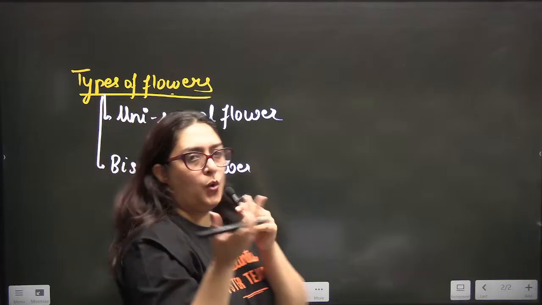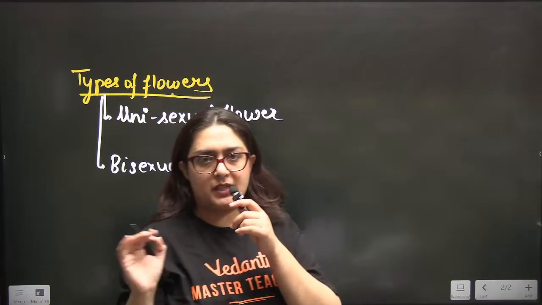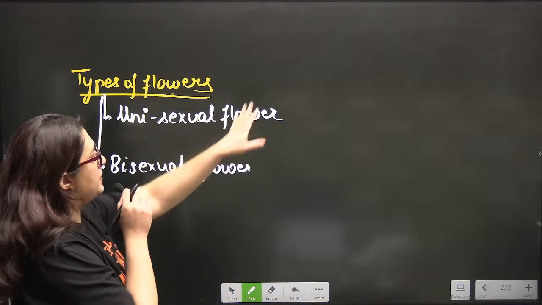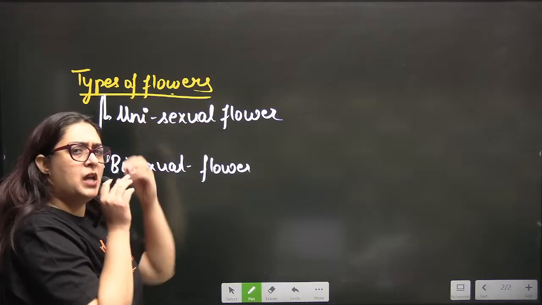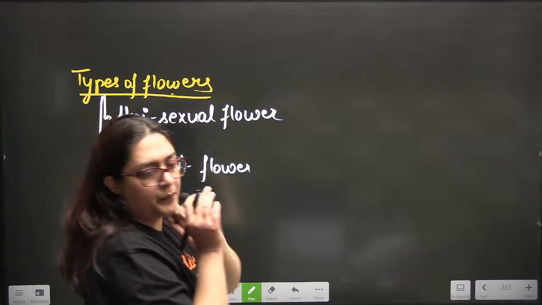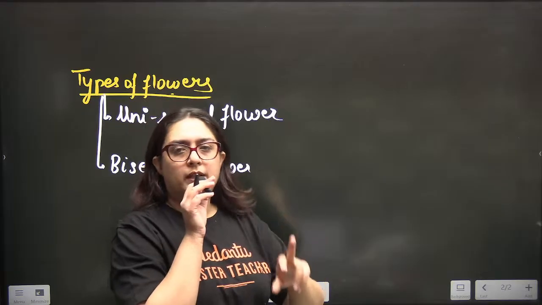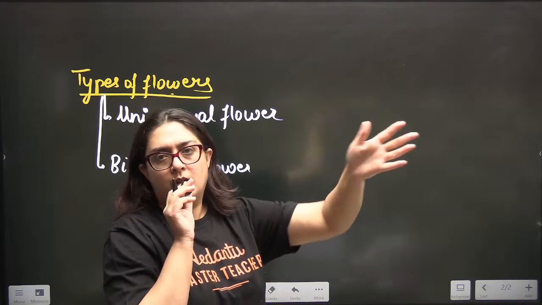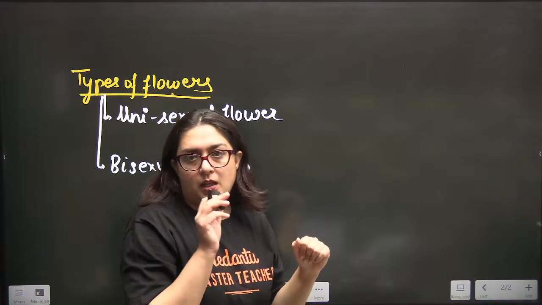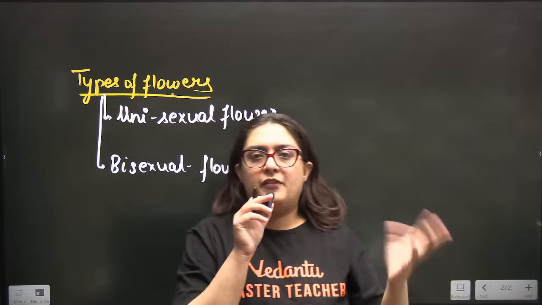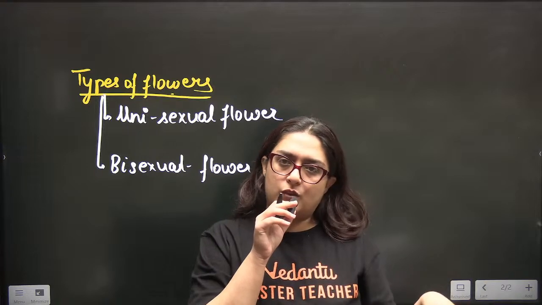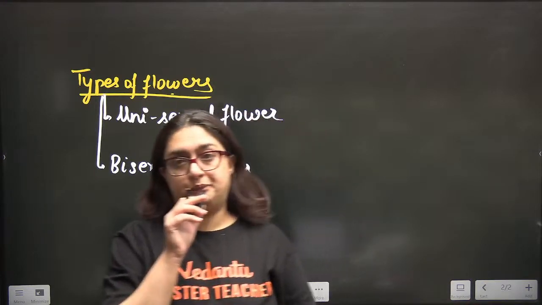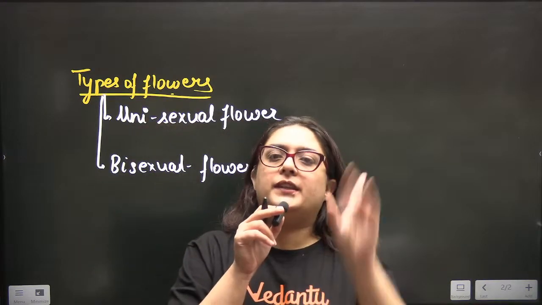Unisexual means only one type of sex organ is present, whether male or female. Bisexual means both types of sex organs are present. If male sex organ is present, that is a male flower, containing only male parts. If it is a female flower, only the female reproductive structure is present. But in bisexual, both sex organs are present in the same flower. So if we deal with pollination,